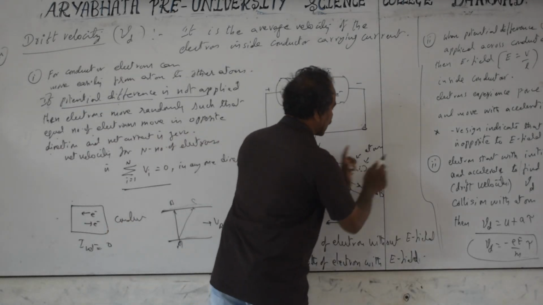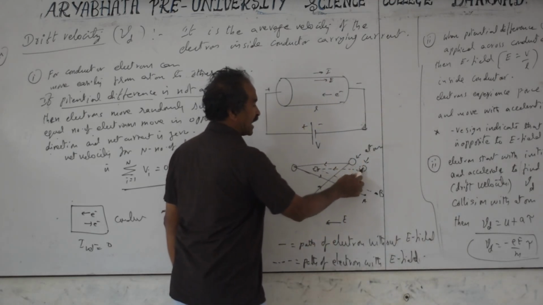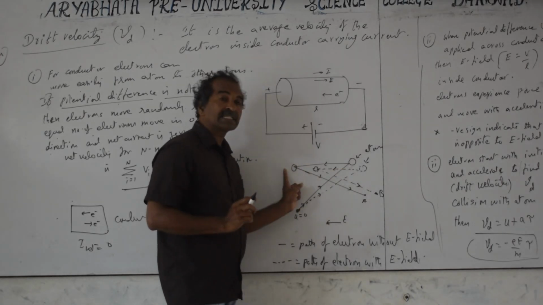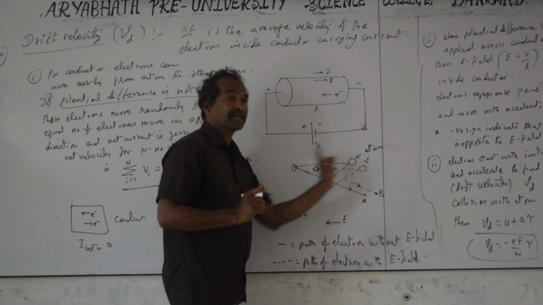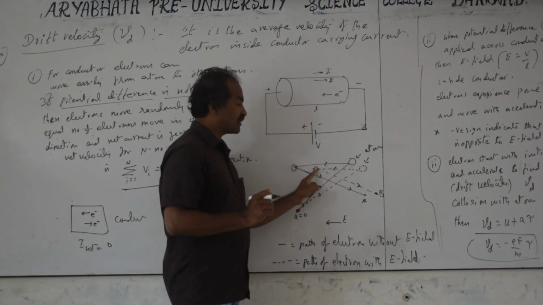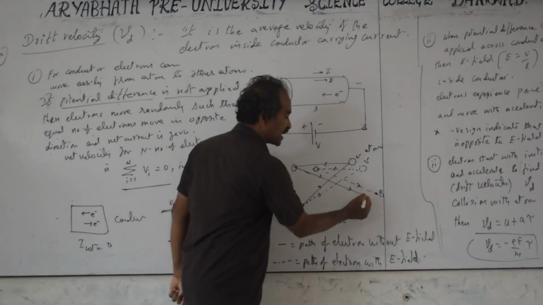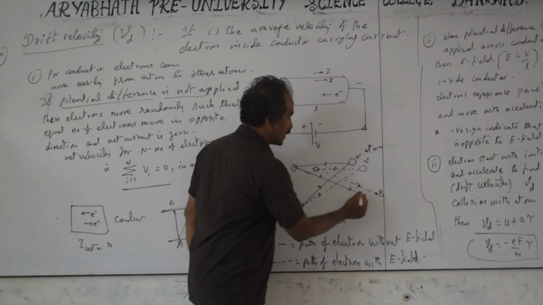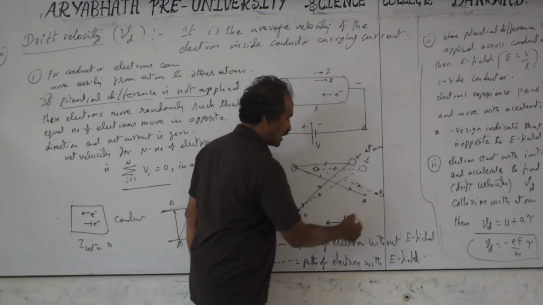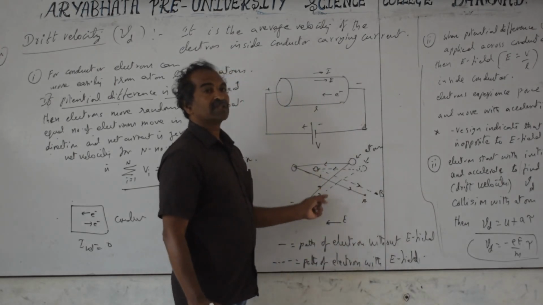Same happens with the electron: it tries to go this side, but the force acts in the other direction, so it will be drifted. The path will be advanced and it hits this atom instead of this atom, and then bounces backwards. Previously it was going up to this, but next time it won't go to that distance because the force is acting towards the right side in the diagram. The electric field is left side for the electron. So instead of hitting this atom, it hits some advanced atom and again bounces back. So for the path taken in the same time interval, without electric field, in case you had gone to this A, then applying the electric field it goes to the point B, a little more distance than without an electric field.